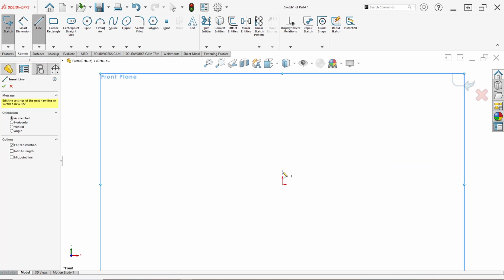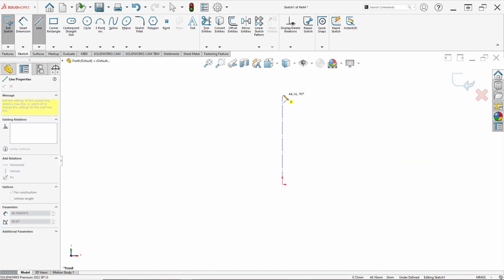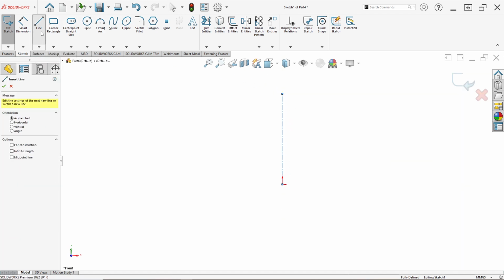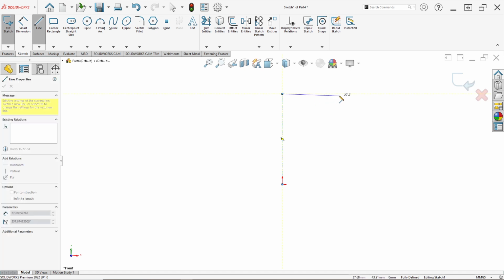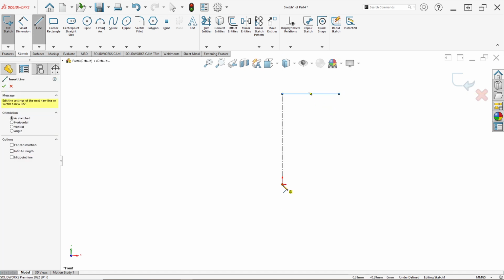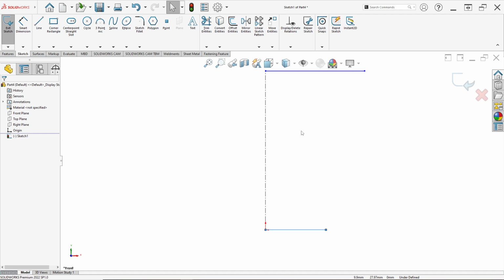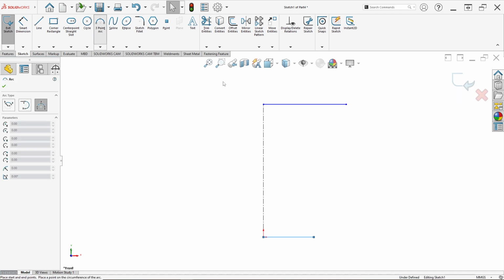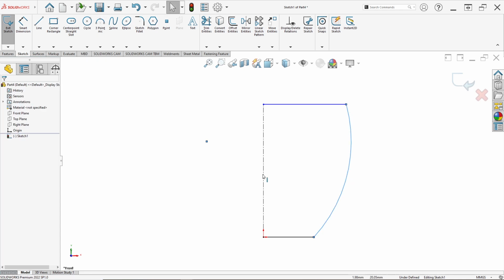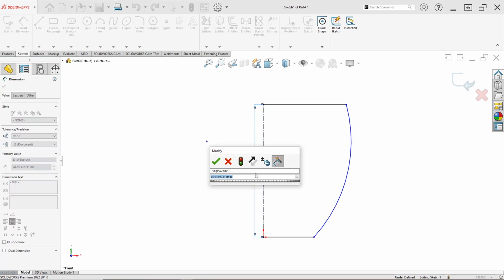Draw a center line like this, and draw a line. Draw a line again, and draw a 3-point arc from this point to this point like this. Then set the dimension for the center line, for example 70 millimeter.